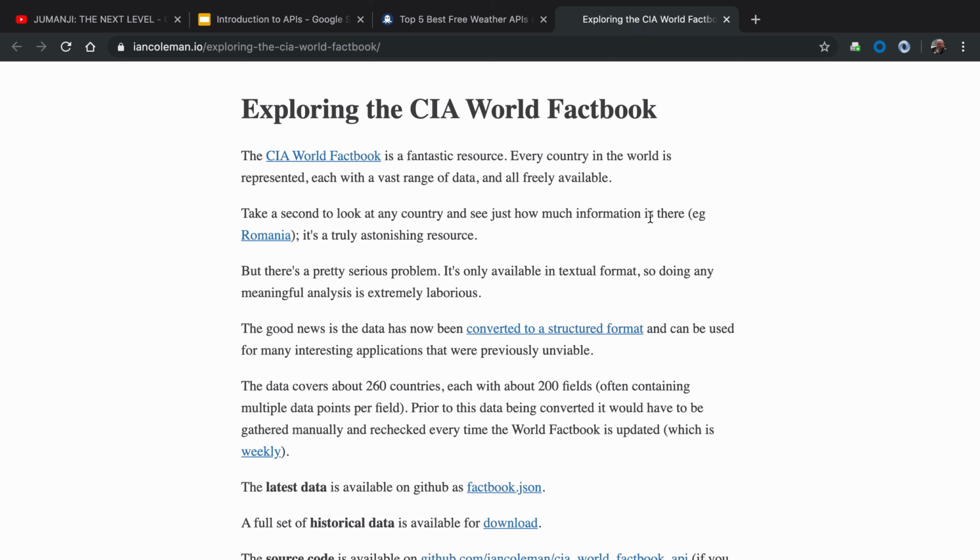Anybody not know that there is a CIA World Factbook? The CIA maintains this. Every year there's a new version, and it tells you everything you want to know geopolitically about countries, all the countries. How many miles of paved road are in a given country? How many miles of dirt road are in a given country? Tons of detail. It's amazing.